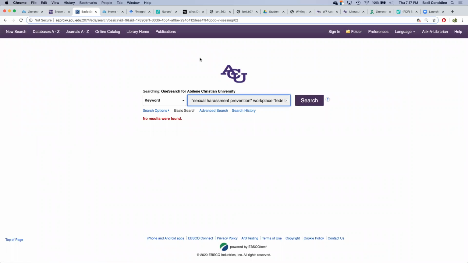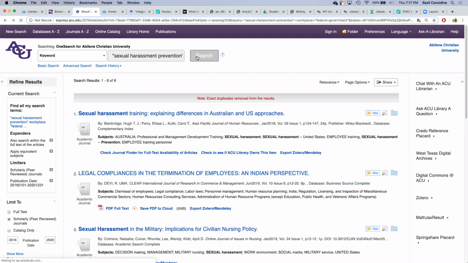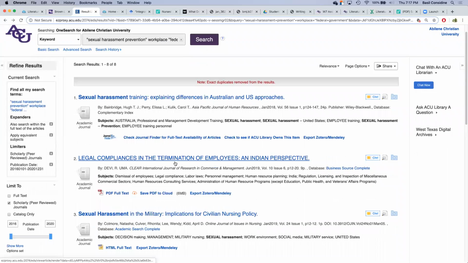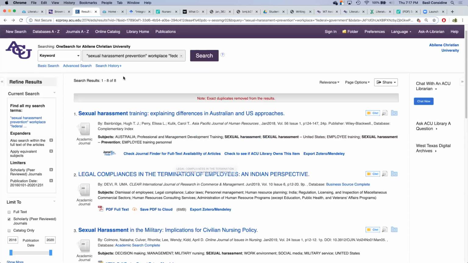Now that turns out to be too narrow. That brings us 0. So I'm going to back up here. And let's talk about a couple other things that are easier in some things to do than others. So I'm going to take this exact same search string, and I'm going to go in this tab, I'm going